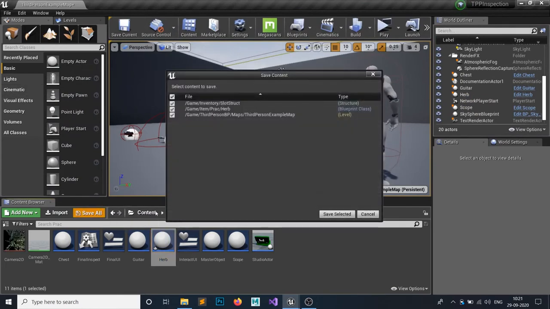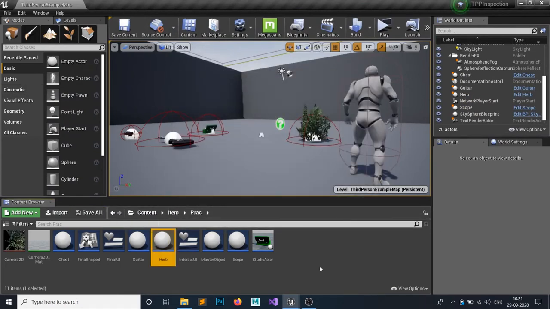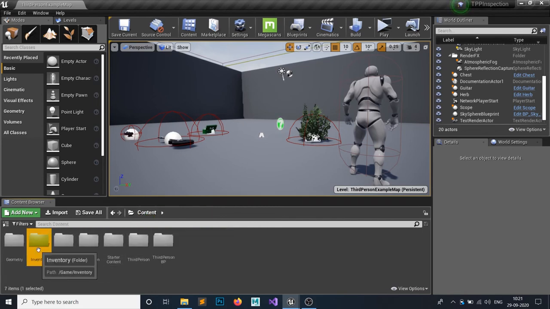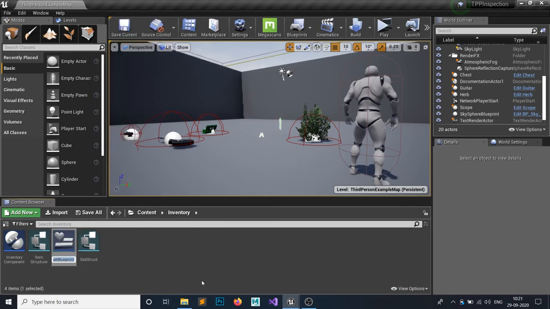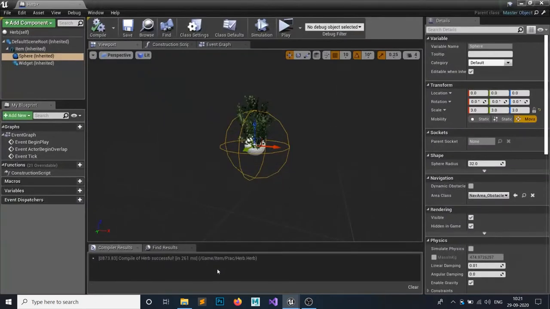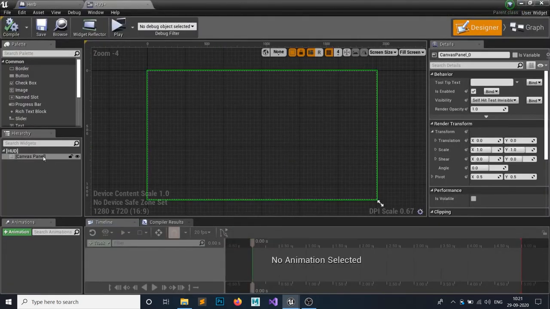So we have done all these things. Hit save. What we want to do is make a HUD from it. So make a widget blueprint, and I'm going to call it HUD. Open that up. Inside the HUD, I need a canvas panel as a variable, because we're going to add our inventory slot on the right portion of it.